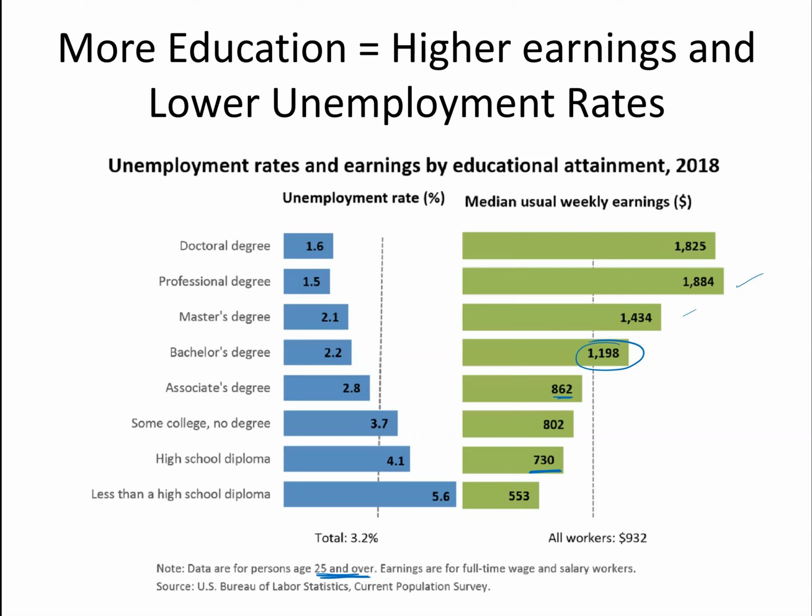But one of the things that you might not be quite aware of, because it gets a little bit lost in the debates, is that unemployment rates are much lower for people with higher degrees. So for less than high school diploma, the unemployment rate in 2018 was 5.6%, and it went down to 4.1 for high school grads. But for a bachelor's degree, it's almost about half of that, 2.2%, and professional and doctoral degrees even lower. So unemployment rates are really, really low for people with higher degrees. So this is another advantage of investing in your human capital, is that it kind of protects you in the